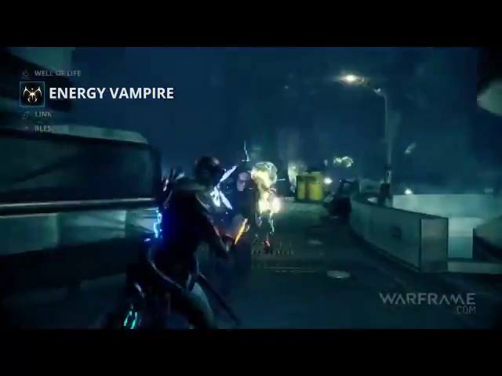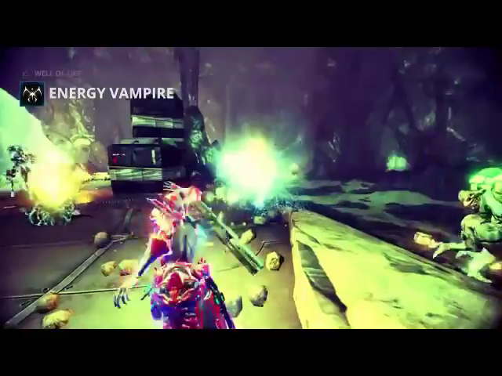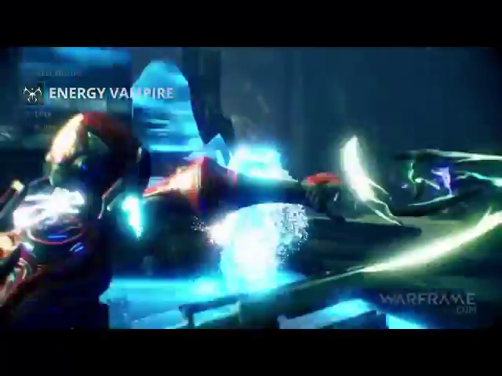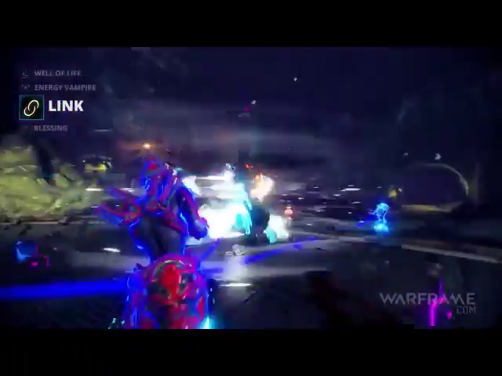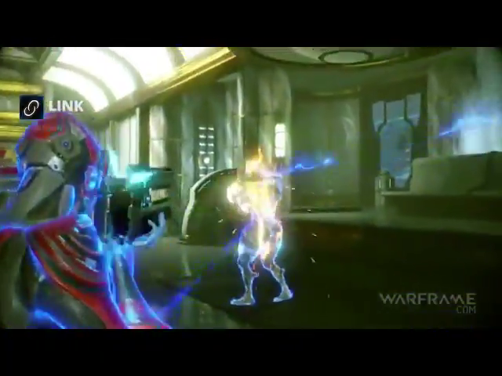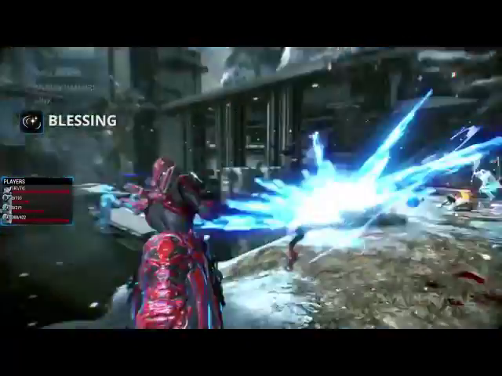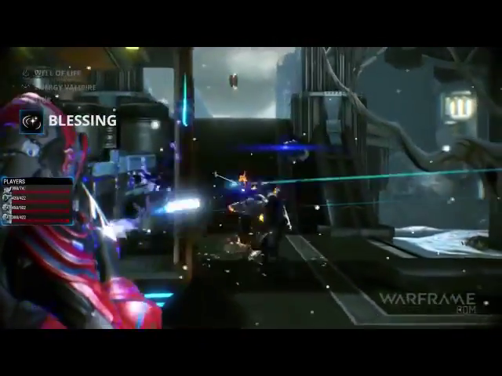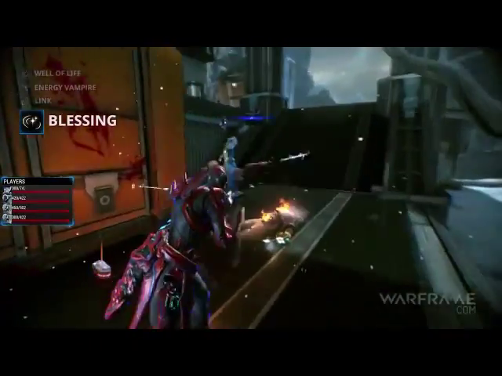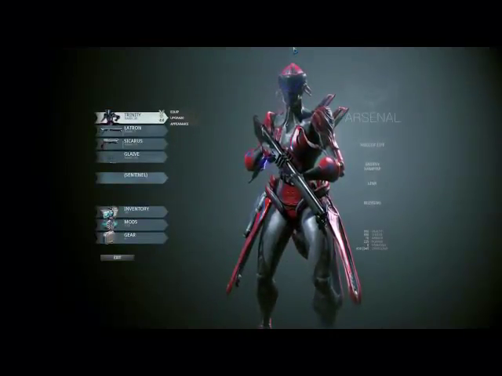Energy Vampire radiates energy to nearby players every few seconds while causing damage to its target. Link reduces incoming damage away from Trinity and transfers it to nearby enemies at full strength. Did you call for backup, Tenno? Blessing immediately restores the health and shields of all teammates regardless of their position, with the addition of temporary invulnerability. Trinity is an incredible support frame,